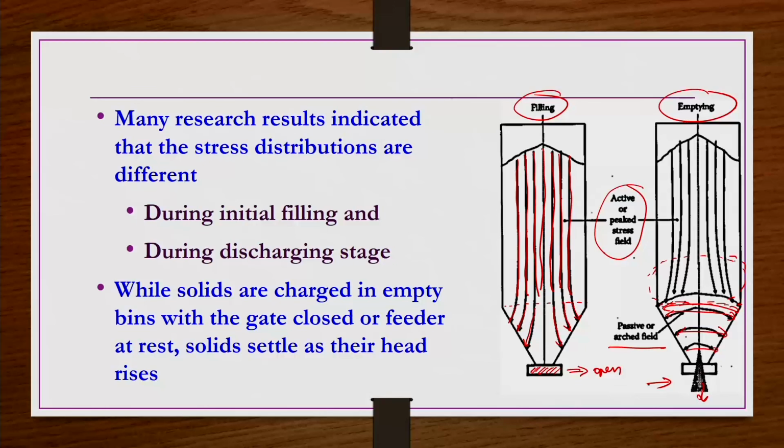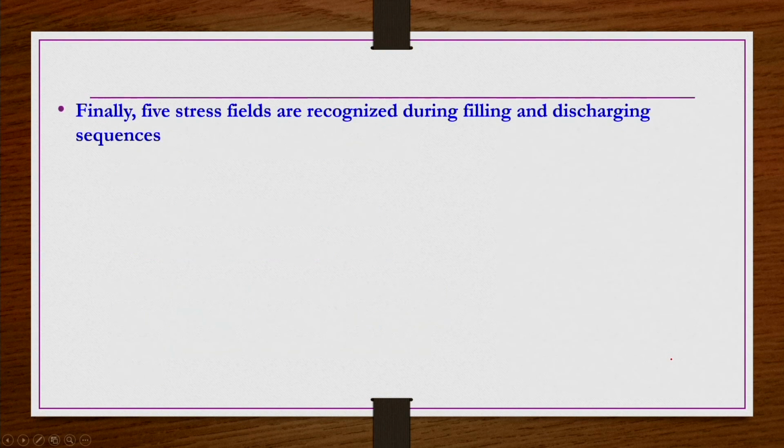Like here, when you are taking the material, whatever the lateral motion is there causes a switching of this region. Initially, up to this point, it is almost vertical, but because of this, the vertical motion is disturbed up to a certain location. So, the switching of active to arced field is taking place up to this region, but it starts at the outlet and then moves upward rapidly.